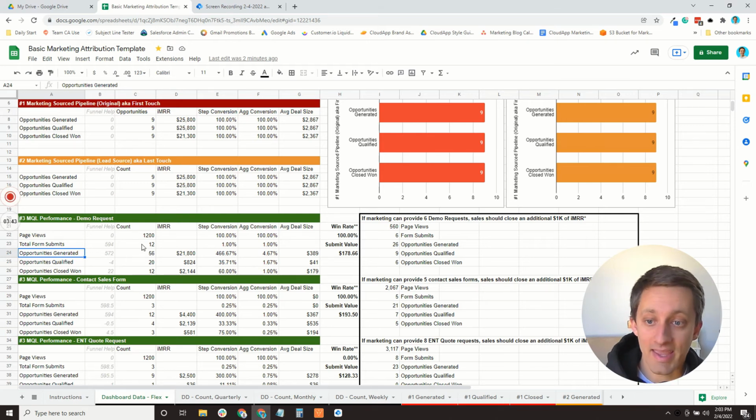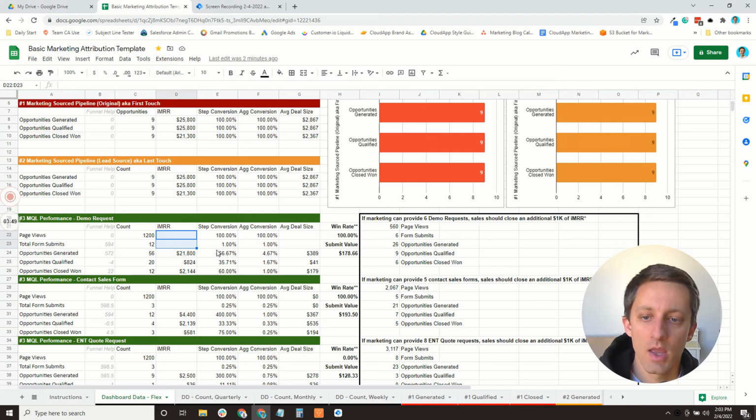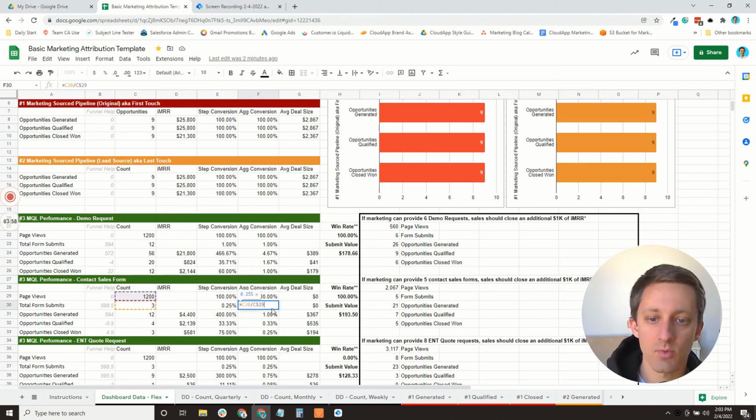You'll be able to look at the count conversion rates. You'll be able to look at the revenue conversion rates. And these step and aggregate conversion rates are based off of the counts, but you can change that if you want. We also have views into average deal size split up by your generated, qualified, and closed won amounts. We also give you the win rate, and then the submission value